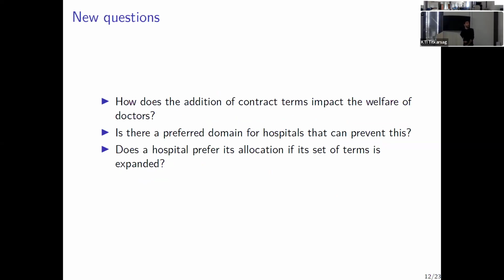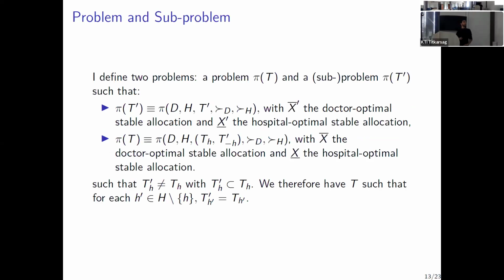So for the rest of the presentation, I will mainly focus on 3 questions, but I partially answered the first one. How is it possible that when we add some terms, it impacts the welfare of doctors? And here I use more a mathematical approach rather than some economic interpretation. Then I will study the preference domain in which it is not the case. So which condition we must impose on hospital preference to guarantee that when we add some terms, it will never impact, at least negatively, the welfare of doctors. And finally, I will study the incentives for hospitals in offering a service. But let's first